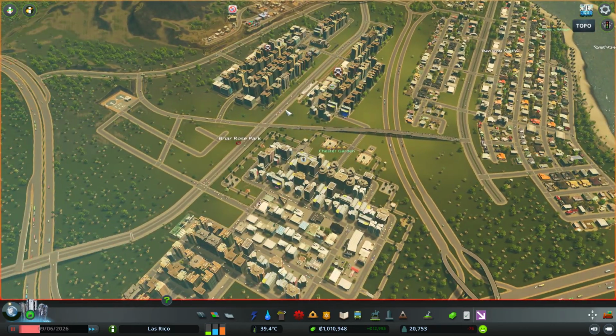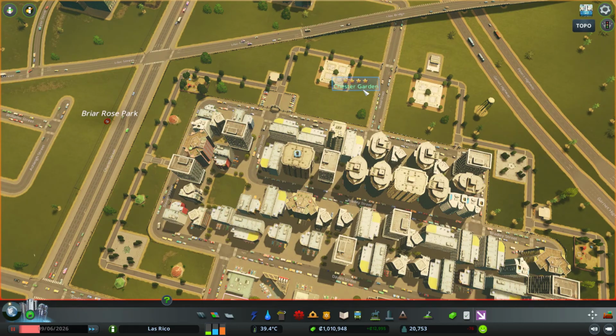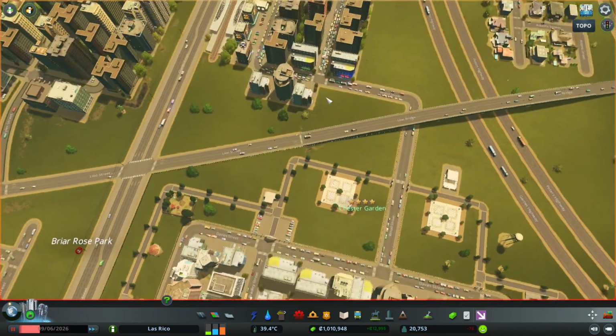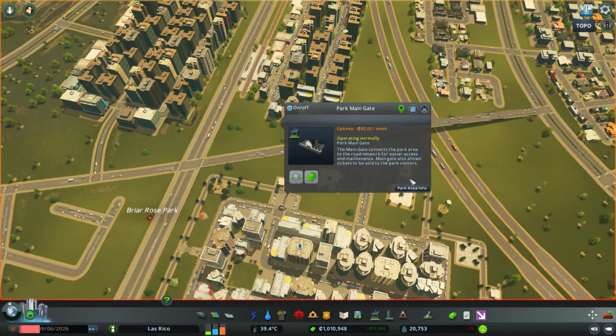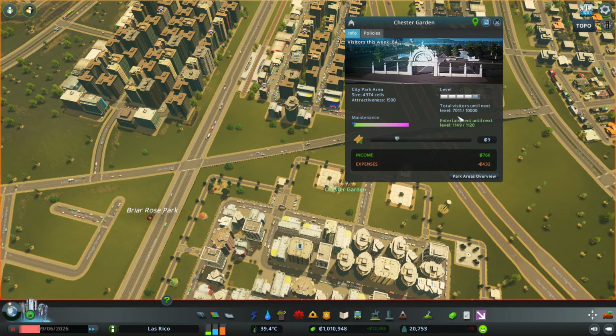Wow, this park is looking pretty good. Already 4 stars right there. Getting a lot of traction. Let's quickly have a look. Lots of people visiting it. Wow, over 7,000 and it's up at $9 to use it. That is almost crazy stuff, guys. I don't think I need to reduce it much, but at least this park